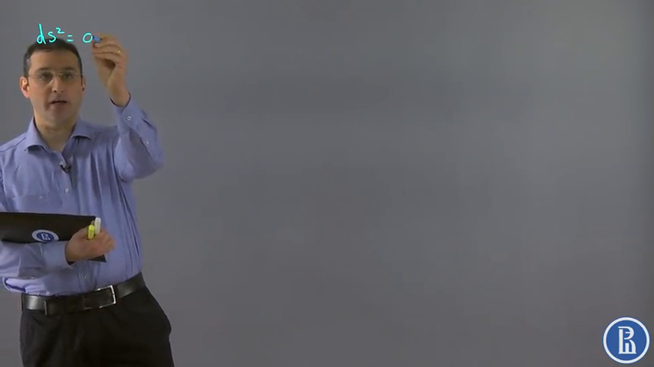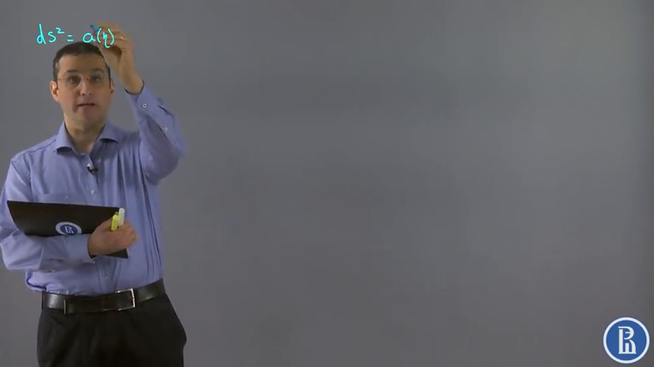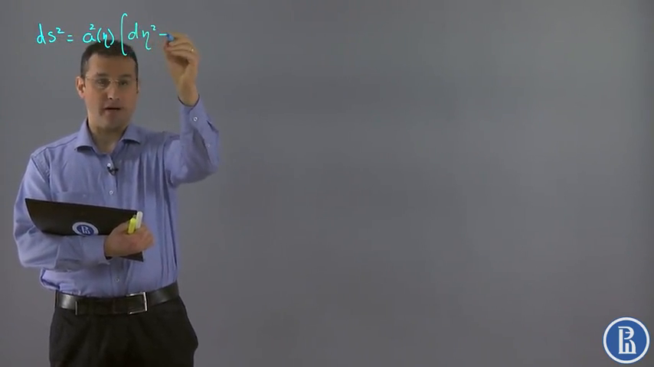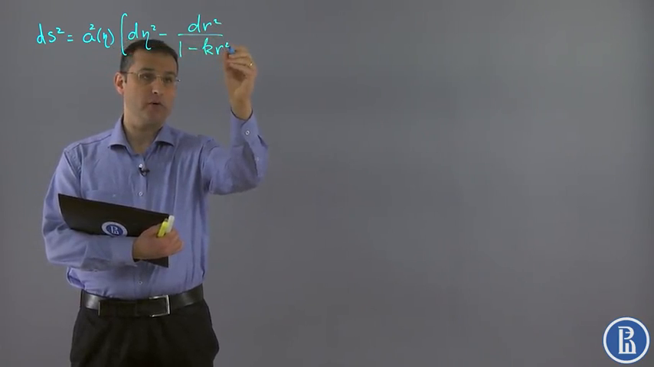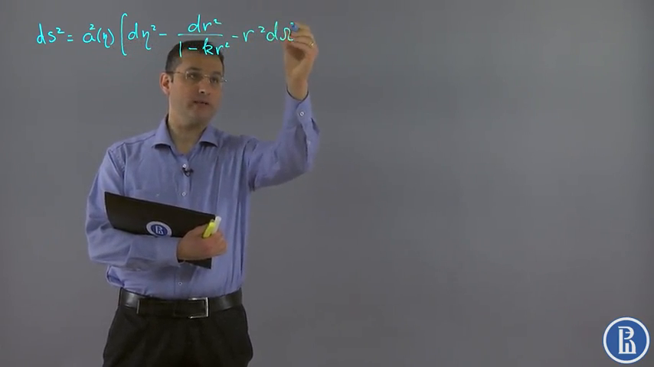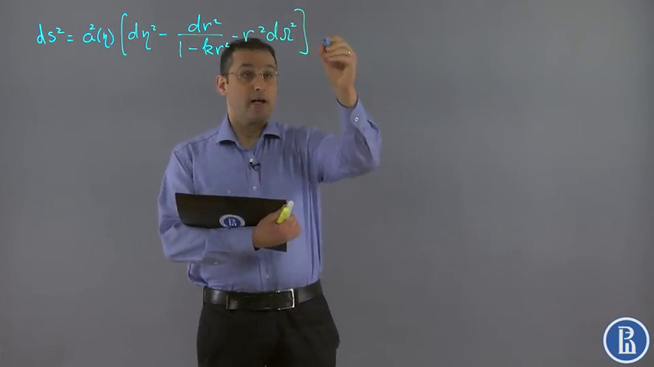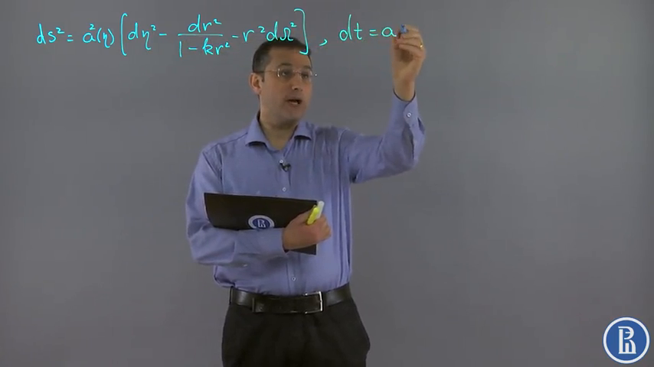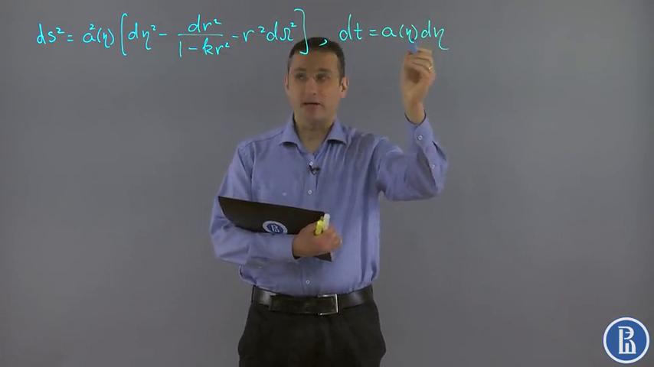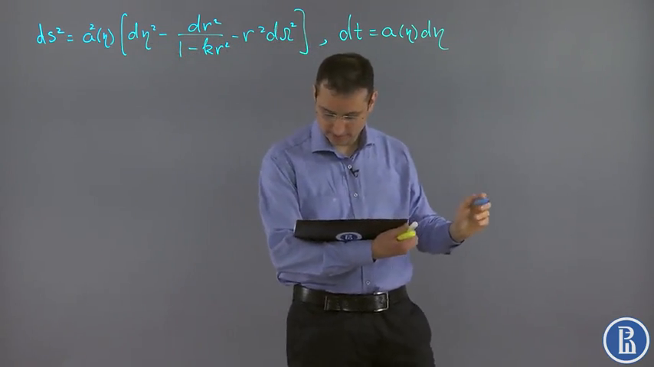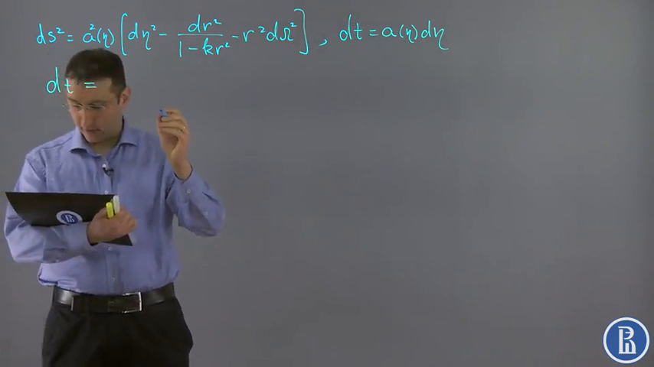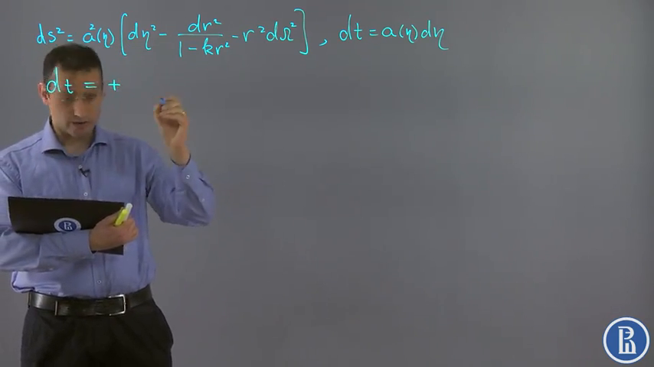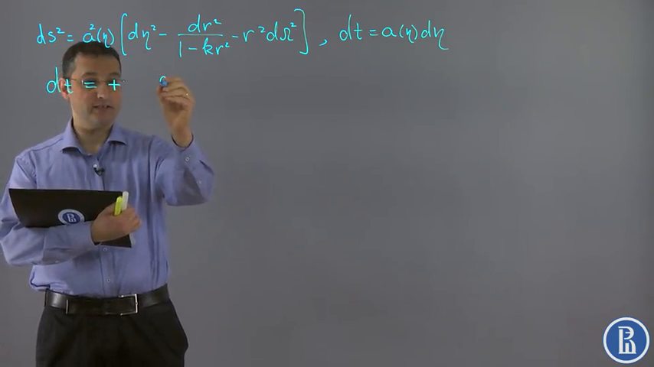So we continue our study of the metric ds squared = A(eta) squared times (d eta squared - dr squared/(1 - k r squared) - r squared d omega squared), where dt = A(eta) d eta. This is a relation between conformal time and regular time. And dt is equal to, and we restrict our consideration to the case of plus sign here,